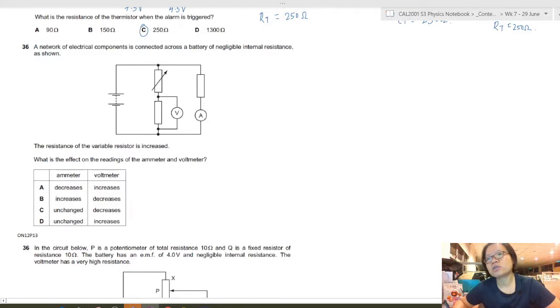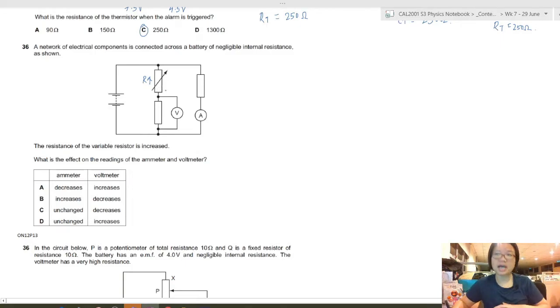Okay, the resistance of the variable resistor increased. What is the effect on the reading of the ammeter and the voltmeter? Okay, so if we increase this resistance of the variable resistor, let's check about the voltmeter first. If